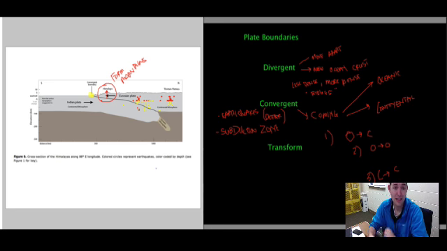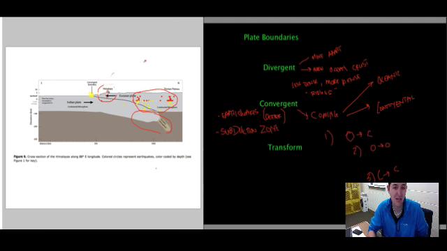plates. We still have earthquakes. Okay, so we still have those earthquakes. They're not as distinct of the same pattern of getting deeper as we go along. We still technically have a subduction zone, but it's not as pronounced. It's not as obvious as the other ones that we've had before. Okay, so we still have them, but since we're dealing with continental to continental, things aren't as obvious and things